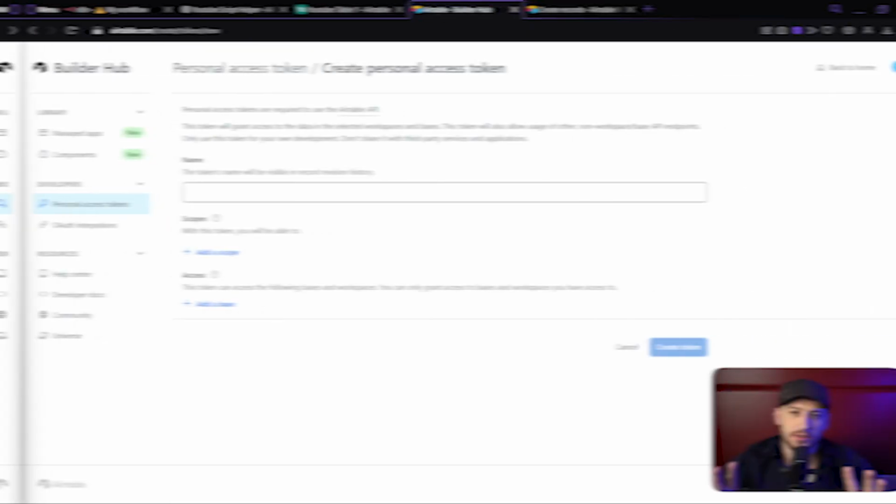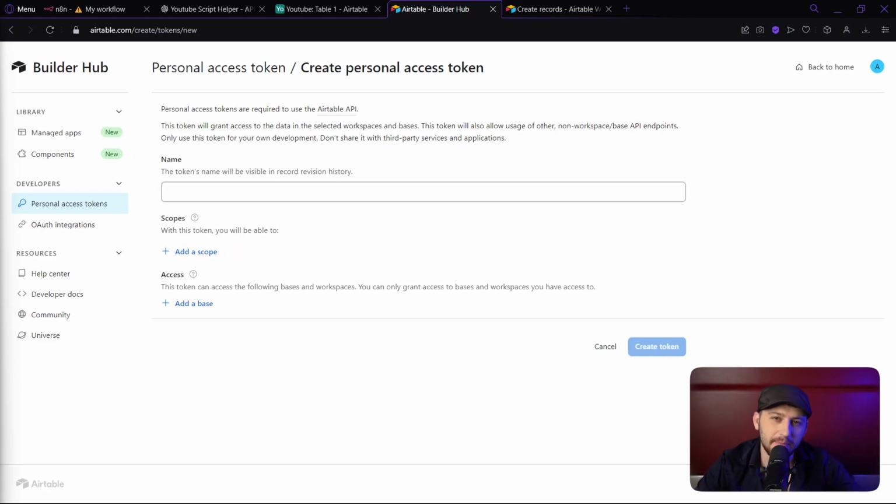The third most common API authentication method is OAuth. This is by far the most common method. It's a little bit more complex and a lot more secure, and it's by far way more user-friendly for people. If you've ever gone to a website and seen sign in or sign up with Google, that is OAuth. Now I'm going to show you guys how to use the API key authentication,